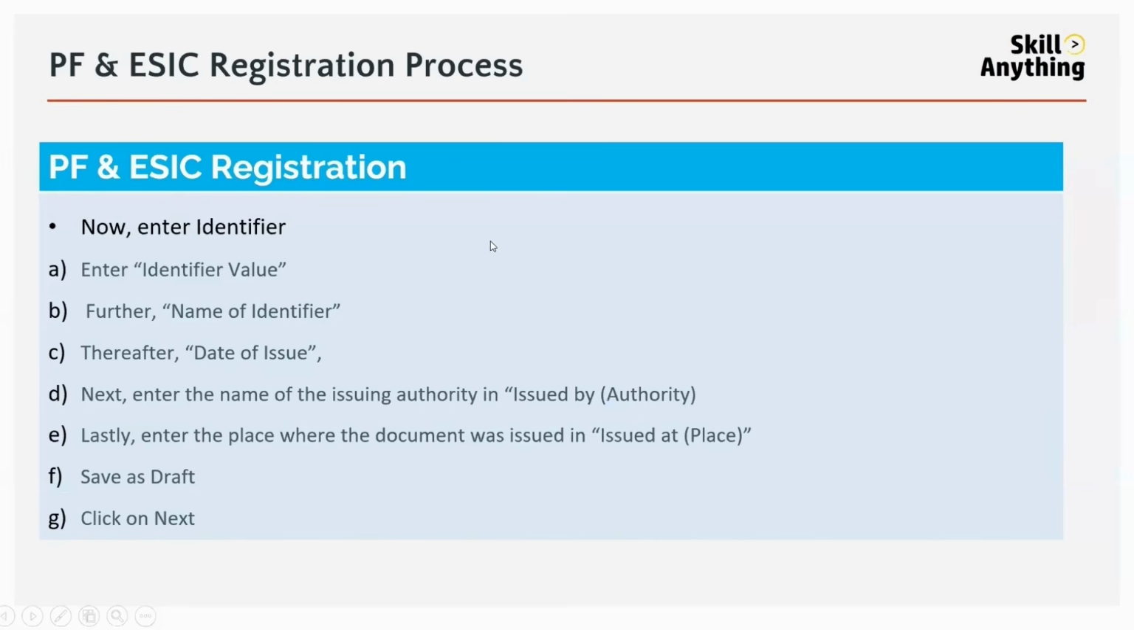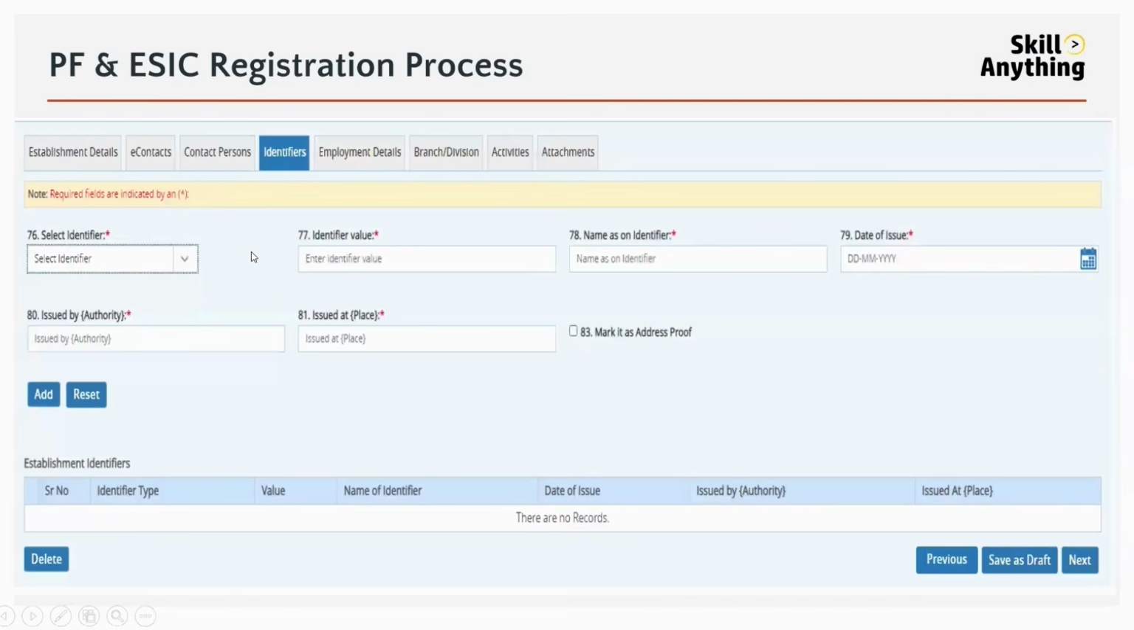Now in the next tab, you will get identifier. You have to enter identifier details. So this is the screen of identifier. You have to select the identifier details from the drop down. For identifier details, you can enter GST